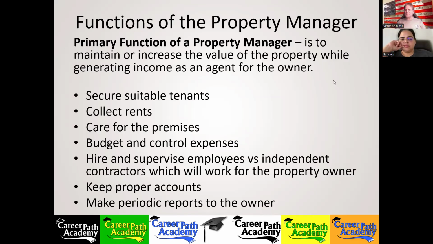Property manager could be a major function. Are you familiar with the H Mart over there in Edison? Is that Edison or Highland Park? It's the border there, I think it's still Edison, just before Highland Park. You have the H Mart shopping center.